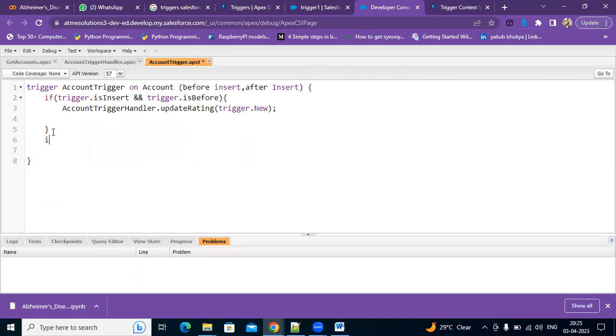Now I want to check this condition. Again I'll write an if, trigger dot. Initially, we need to check whether it is an insert operation or not. If it is an insert operation, along with this insert operation, we need to check which context the trigger should have. After context, right? We need to check whether it is an is